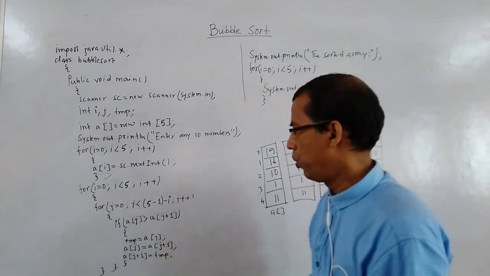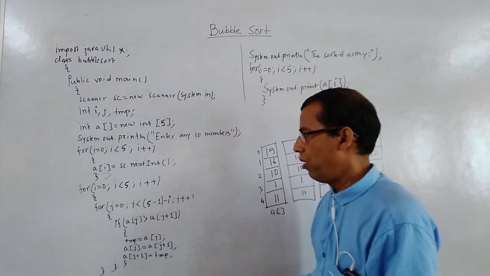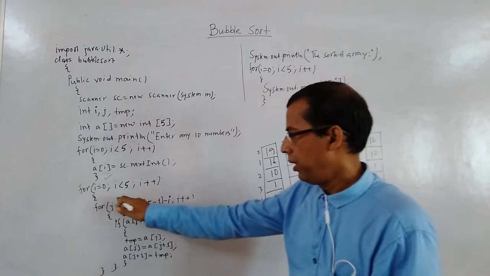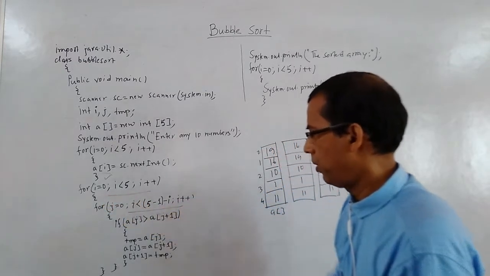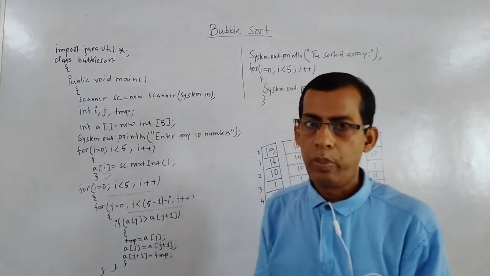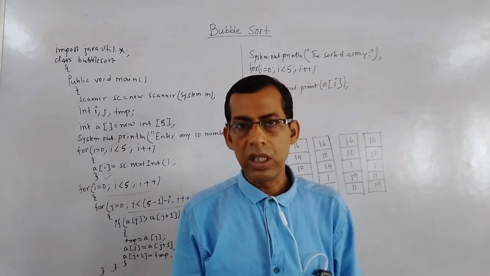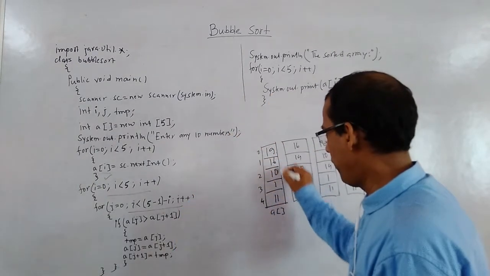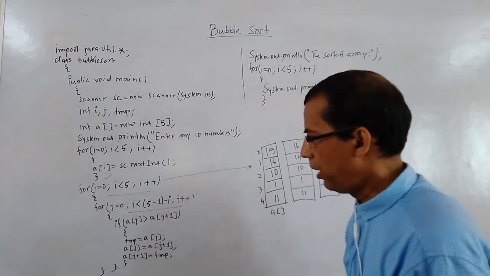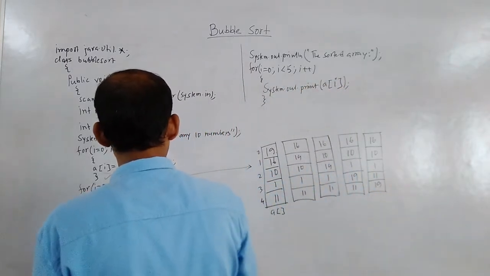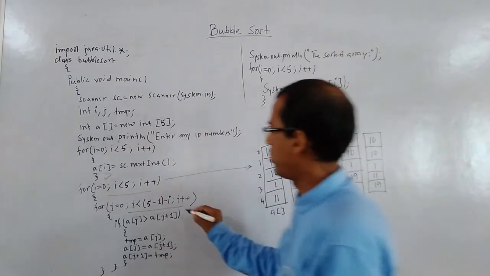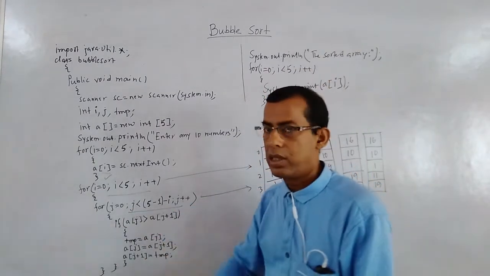Clear? So you can see for processing or for sorting, we have taken 2 loops. One loop here and one more loop here. i = 0, i < 5, i++. This loop we have taken because we have to sort all the values from the array, and that has been mentioned by this loop. You can see one more loop is given here. j = 0, j < 5 - 1 - i, j++. Just very carefully see this loop.